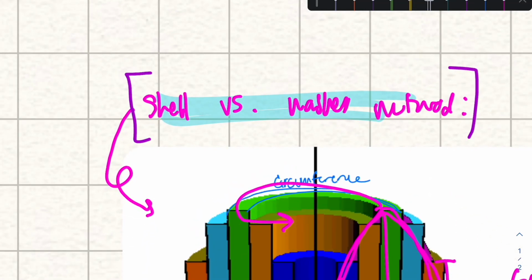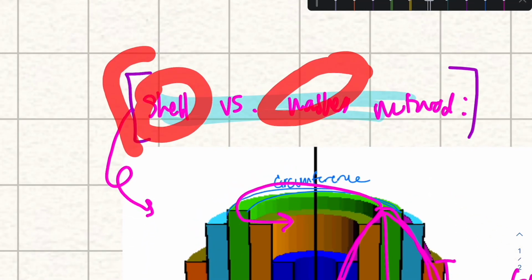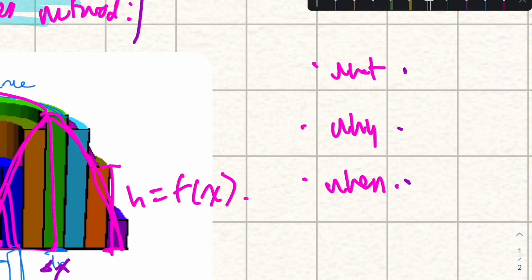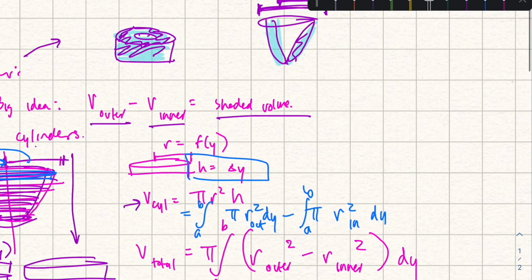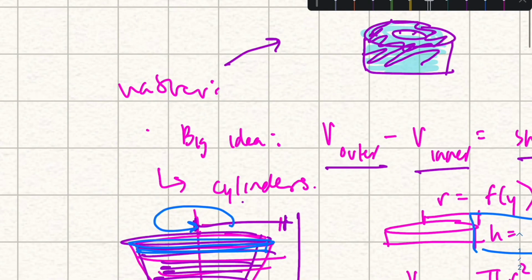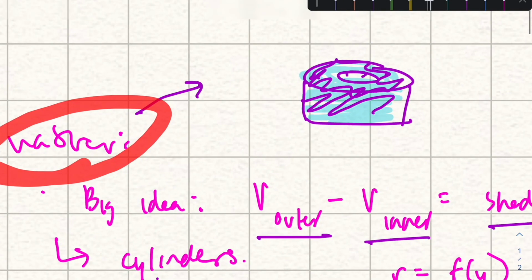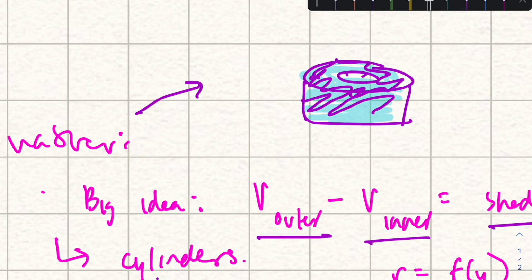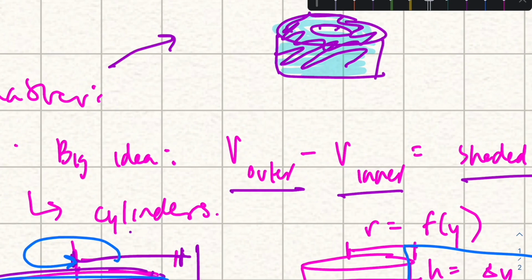So let's just dive into the super quick lesson summarizing the shell and the washer method, and the what, why, and whens of both of these. And let's just jump straight into an example. Starting off with what the washer method is, if I were to summarize it, I'd say that the big idea